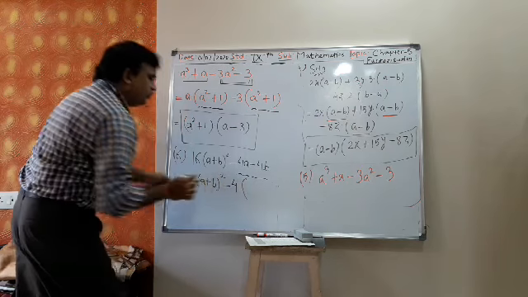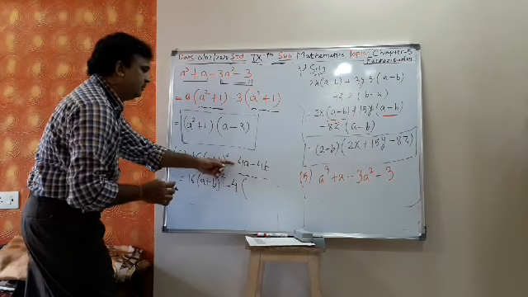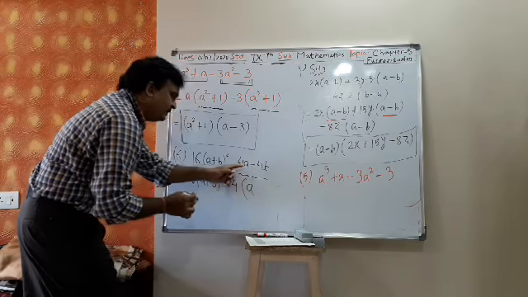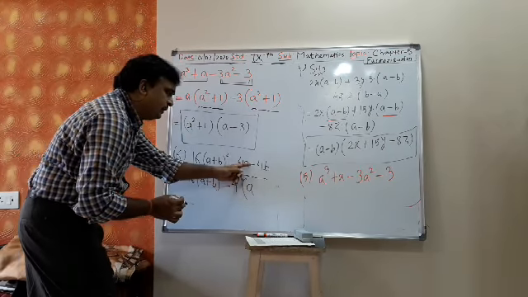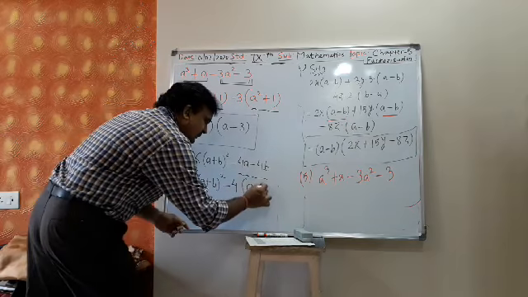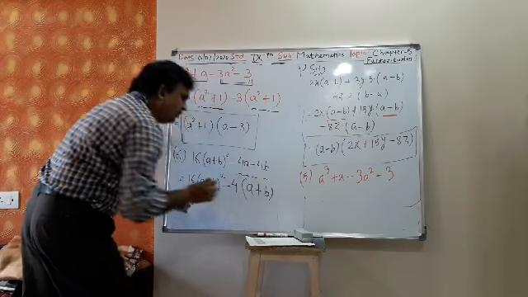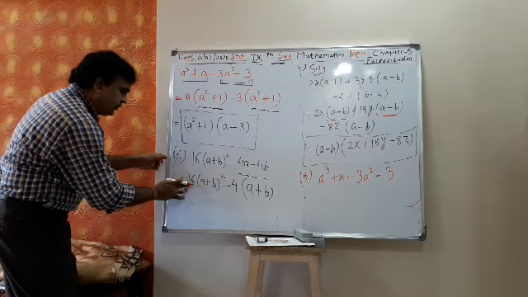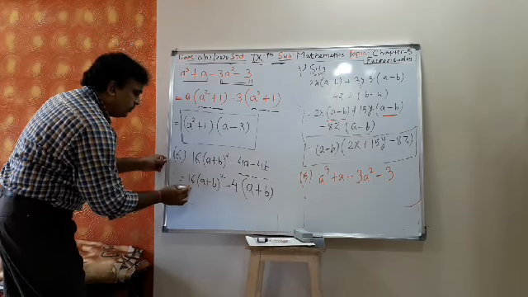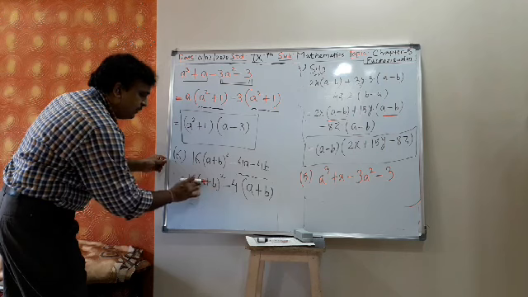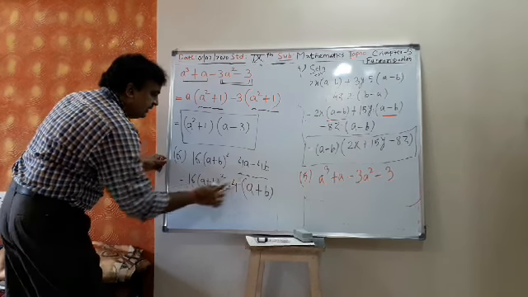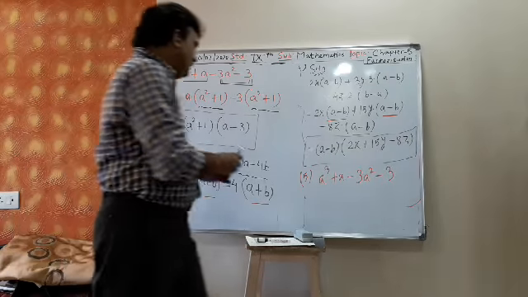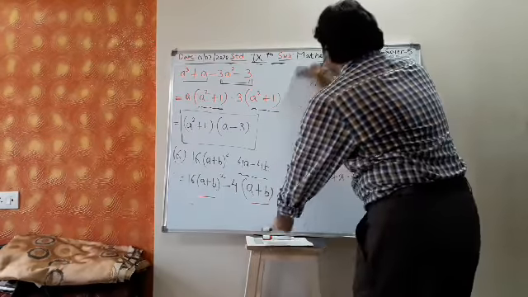When you take minus 4 common, then what is left? Minus 4 I have taken outside. Then it is a minus I have taken outside. So in place of this minus, a plus b. So now you tell me which is common. From 16 and 4, 4 is common. And then from a plus b square and a plus b, 1 a plus b is common. 1 a plus b and 4 is common factor.